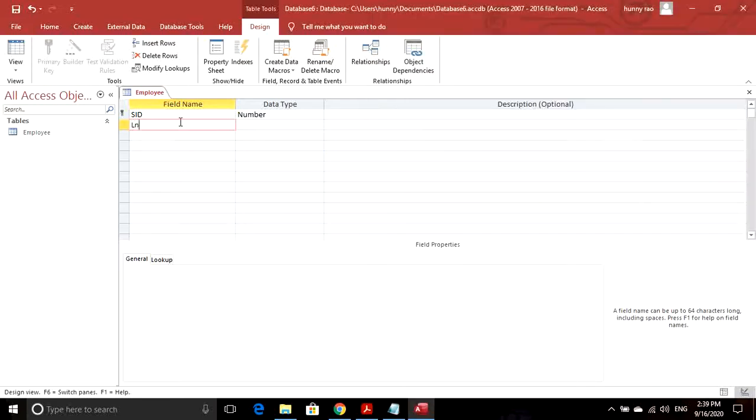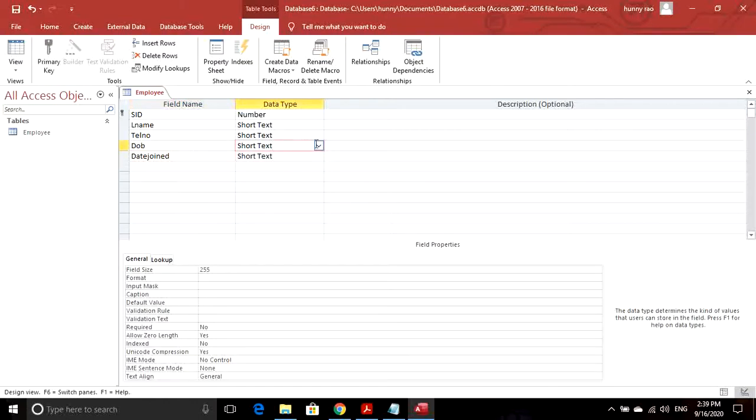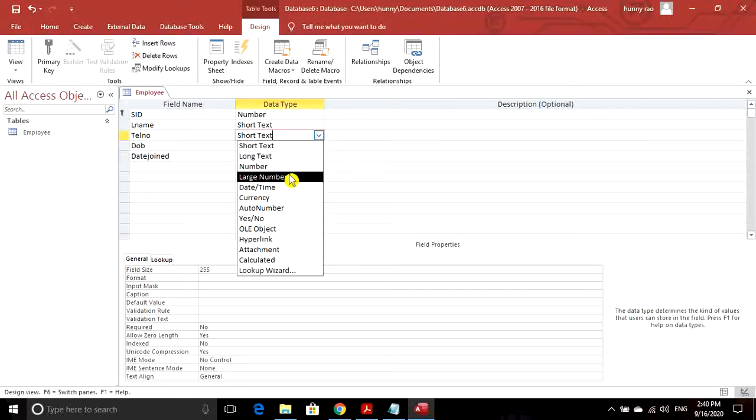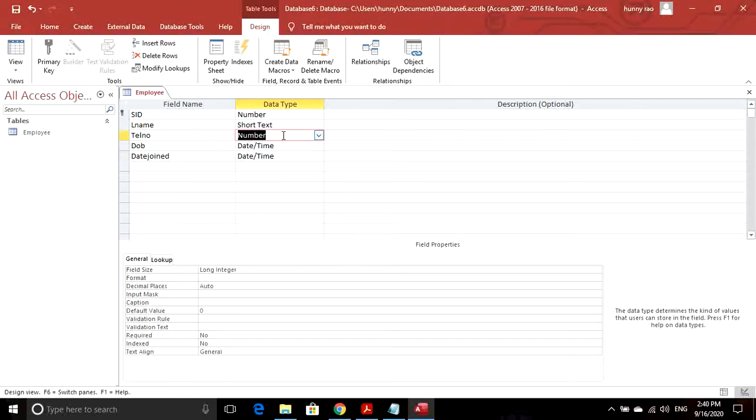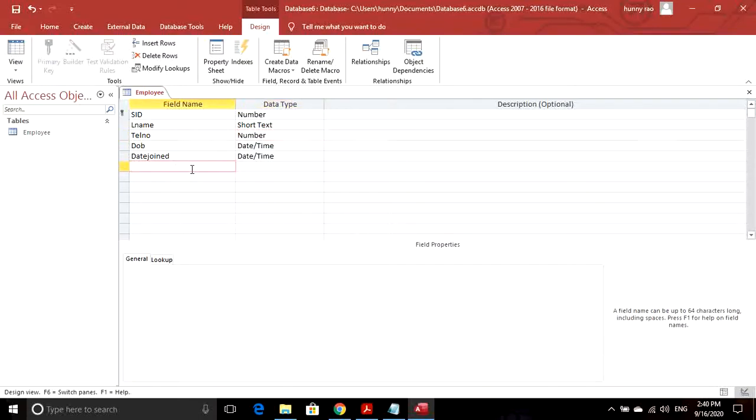We have last name, then we have telephone number, we have date of birth, date join. The data type of date of birth will be date and time, and the same for the date join. For telephone number, we can change the data type to number.